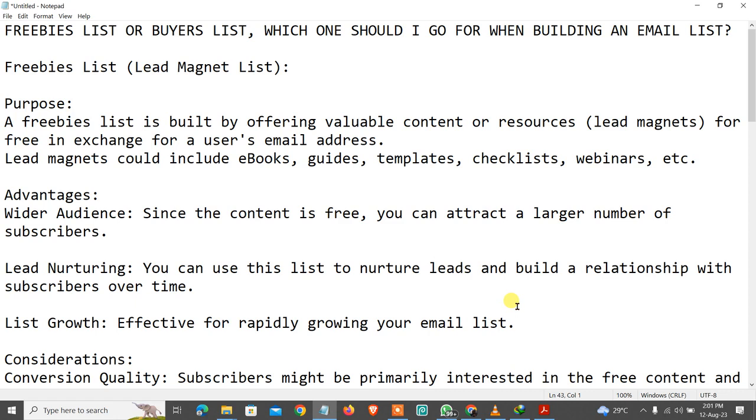So creating a freebies list to build an email list will actually attract a large number of subscribers. It will give you a wider outreach. You'll be able to reach more people because the offer is actually free. So getting people to opt in, as much as it solves a particular problem, and that's one thing I want to